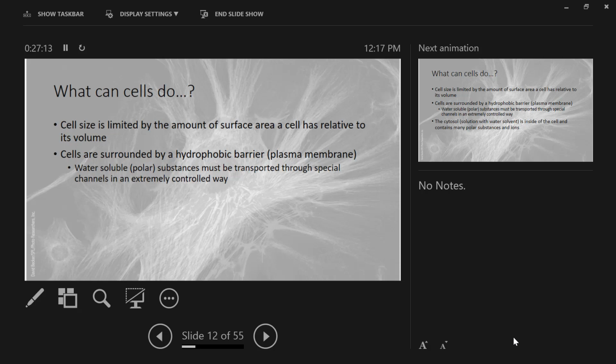Because here's the thing. So just give me something that's polar. What's a polar molecule besides water? Oxygen as a gas, no, is not polar. How about some kind of a sugar, right? We talked about this, our biomolecules. The only biomolecule type that's nonpolar are lipids, right? So sugars are polar, proteins are polar, nucleic acids are polar. Salts are beyond polar. Salts are ionic. So those have the same problem as polar molecules do.